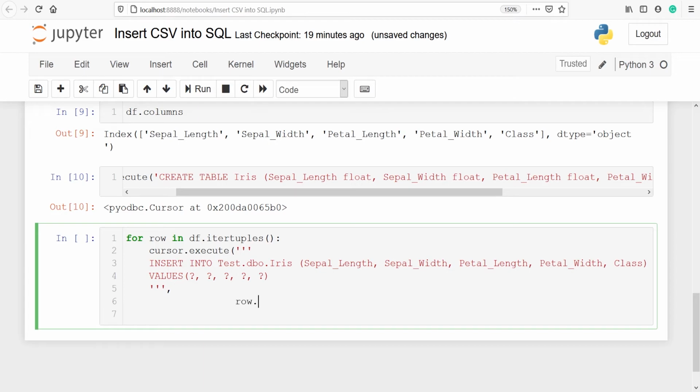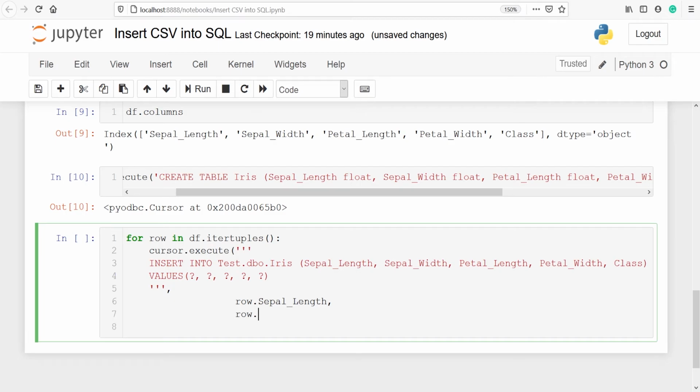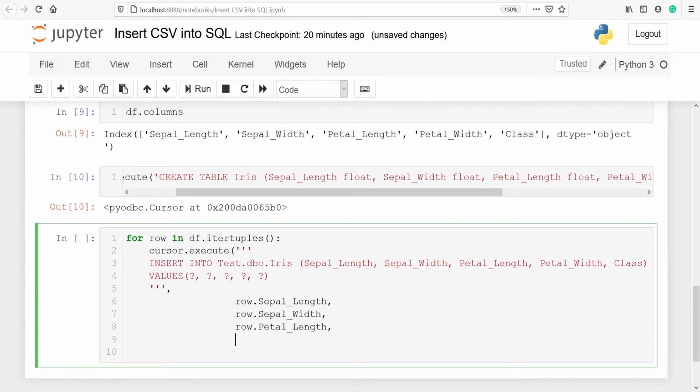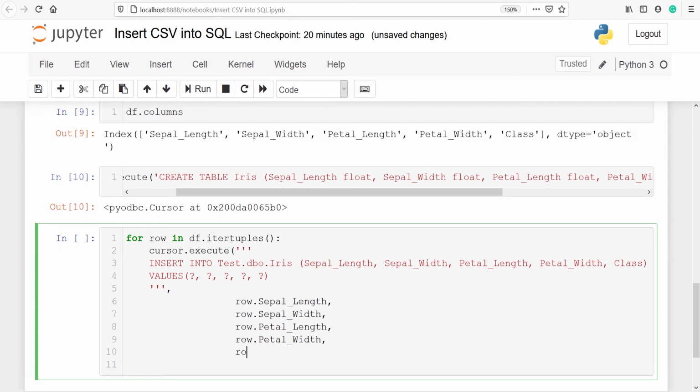Row dot sepal length, row dot sepal width, row dot petal length, row dot petal width, row dot class. So we have defined all the column names here, and I'll move this here.